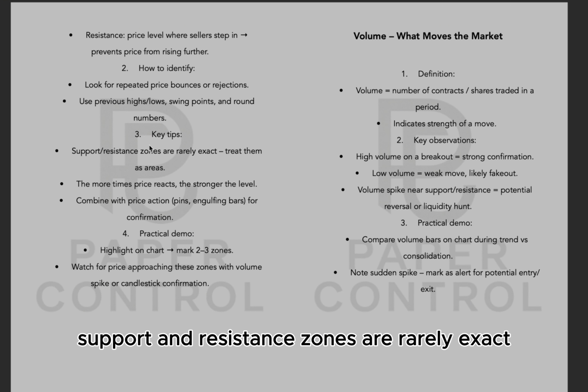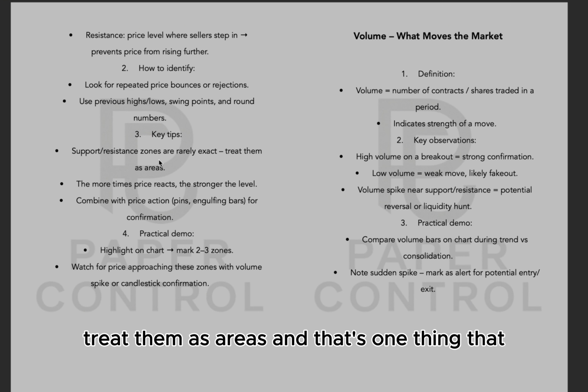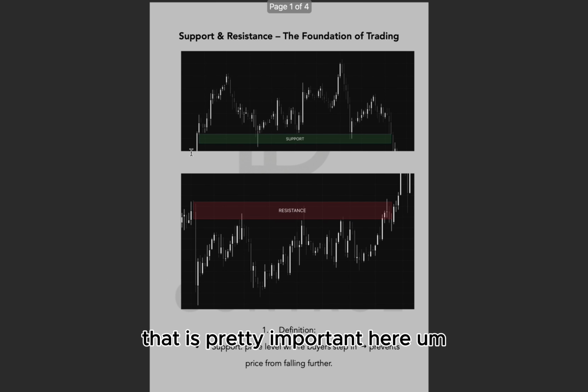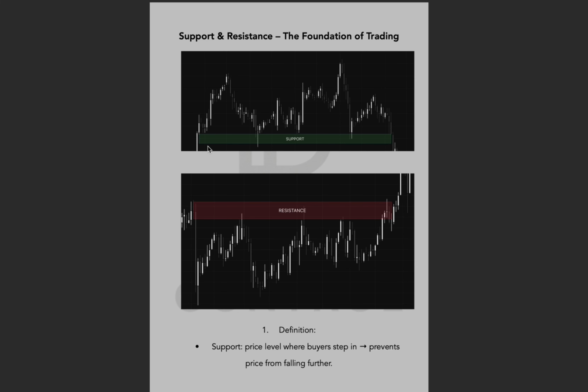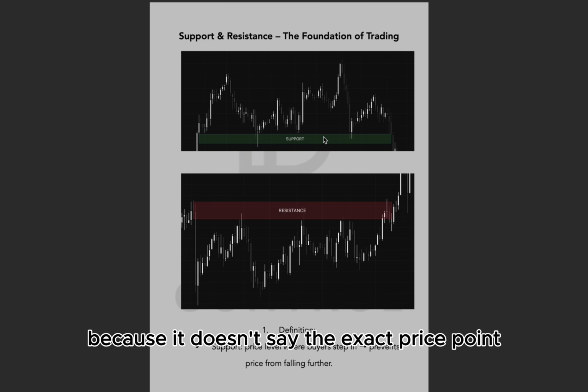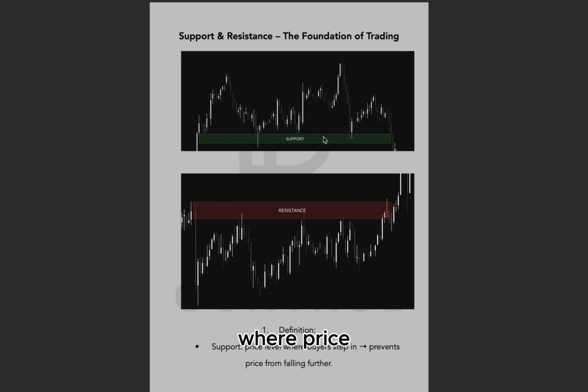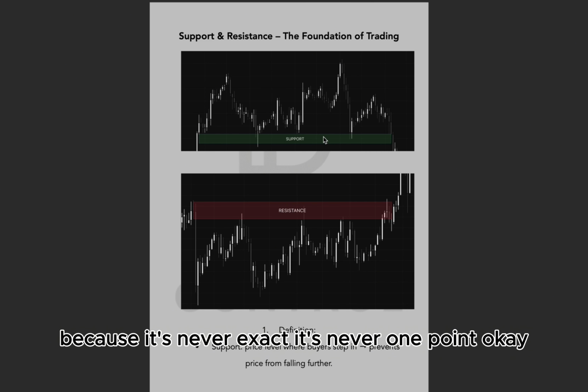Support and resistance zones are rarely exact. Treat them as areas, and that's one thing that is pretty important here. Some people draw lines, just one simple line. I prefer drawing rectangles, because it doesn't claim the exact price point where price is rejected, because it's never exact,